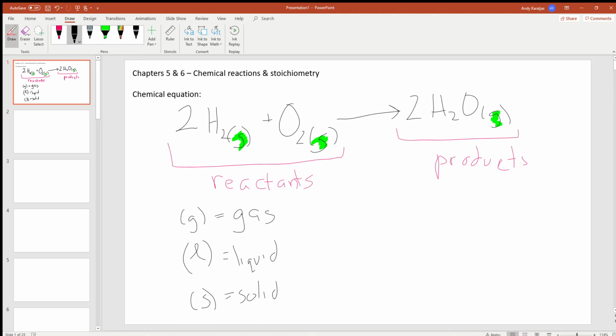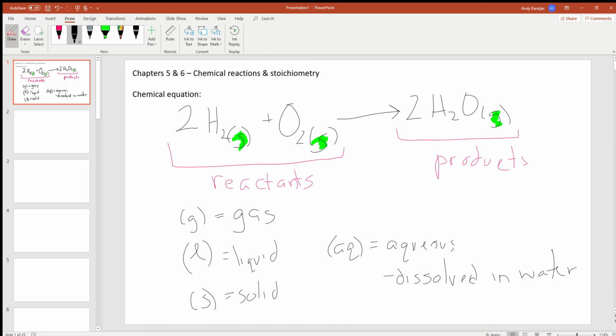There's one more term that we might see, and we actually see it quite commonly, which is the term aq. Aq stands for aqueous, and this means that the substance is dissolved in water. So in addition to telling us what the reactants are, in this case H2 and O2, or hydrogen gas and oxygen gas, and what the products are, water, as well as the phase that we'll find them in,